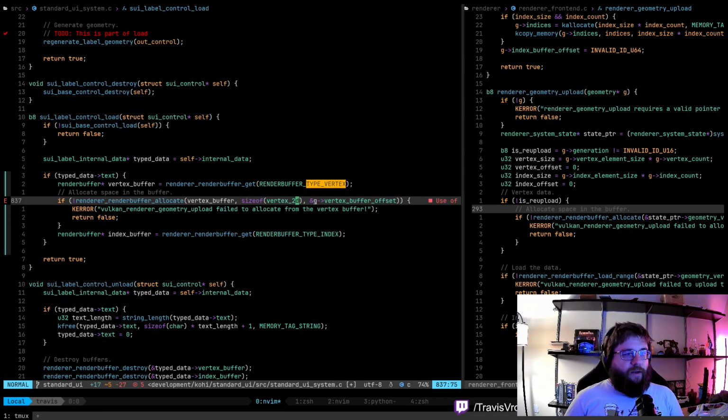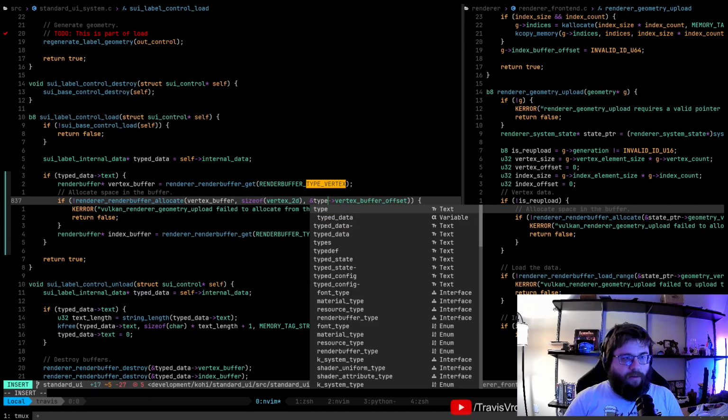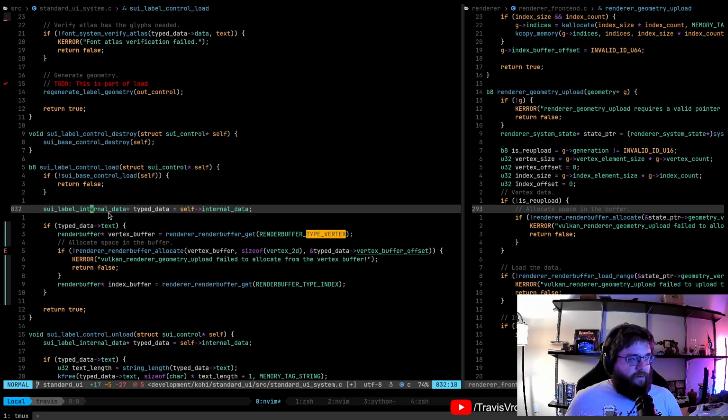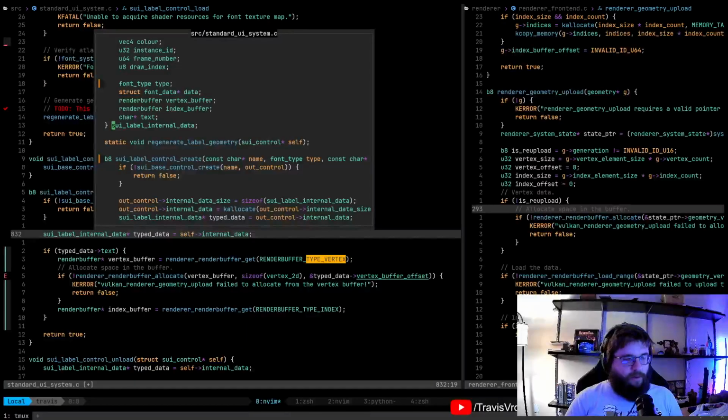And then we need something to store the offset, so that's going to wind up being the self. Actually, it's going to be the type data, rather. Vertex buffer offset. Didn't we already have... I thought we were already keeping that. Oh, did I not save that? I thought I removed these.